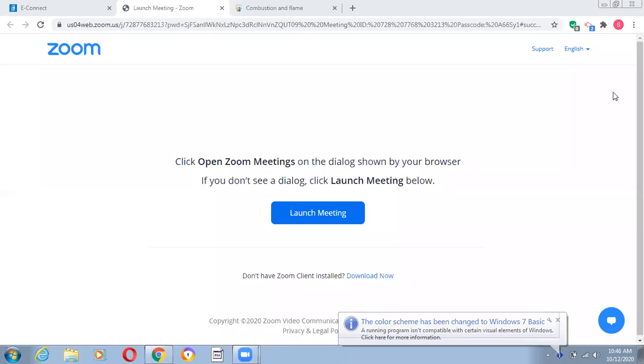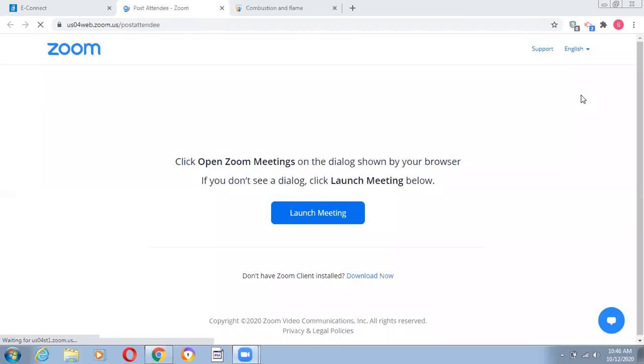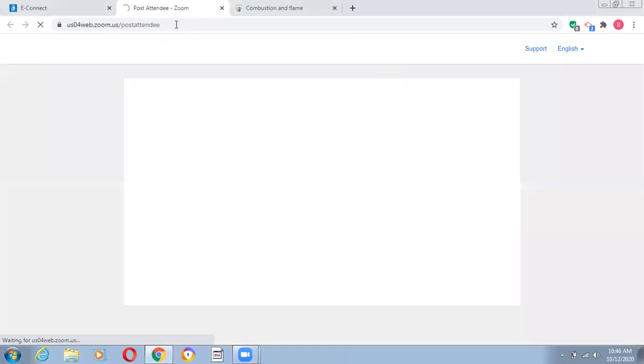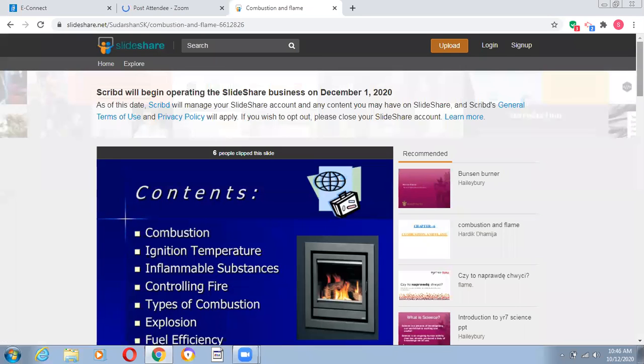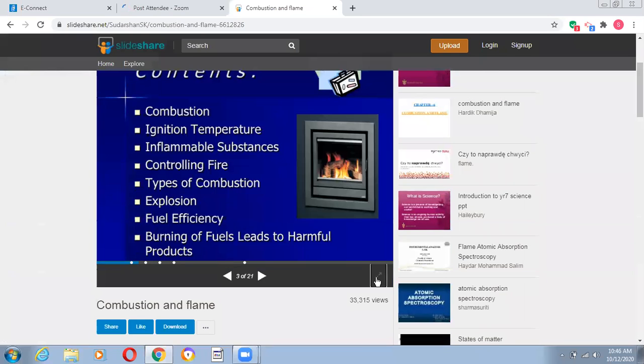So chapter number 6, that is combustion and flame. In this chapter, we are going to discuss the process that is combustion and about the different types of combustion,